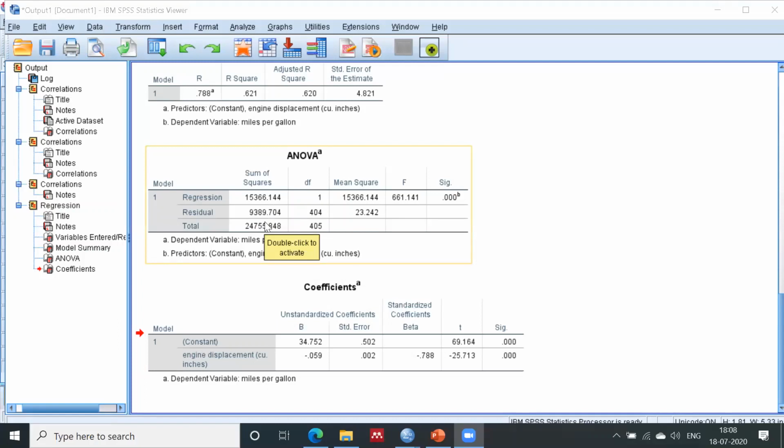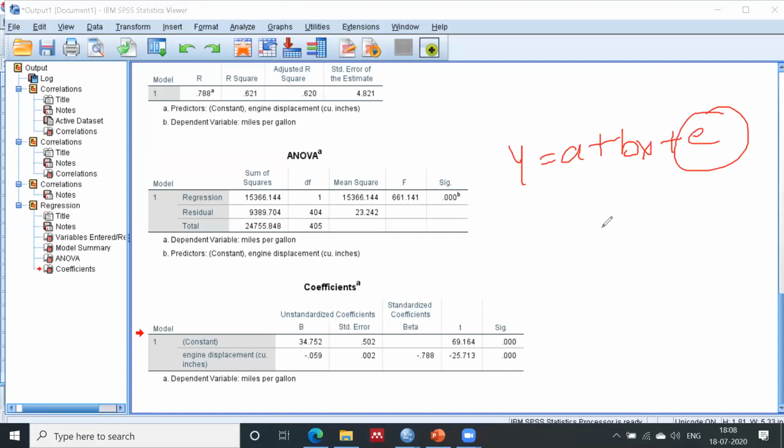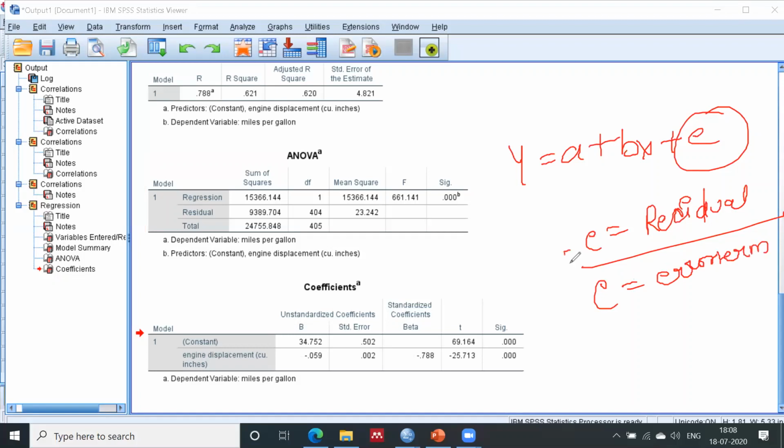Because the correct equation of regression is y equals a plus bx plus e, and this e is what? This e is my residual, right? And e is the error term, you can also say.